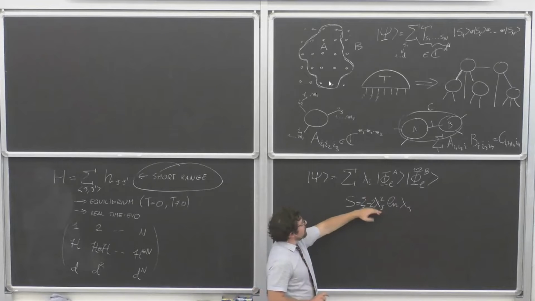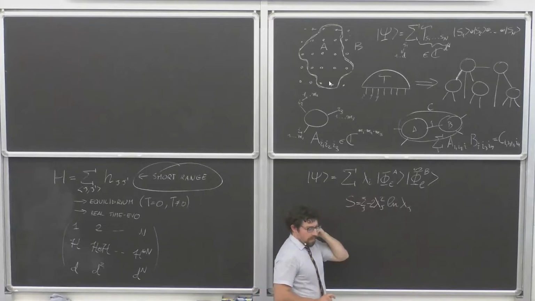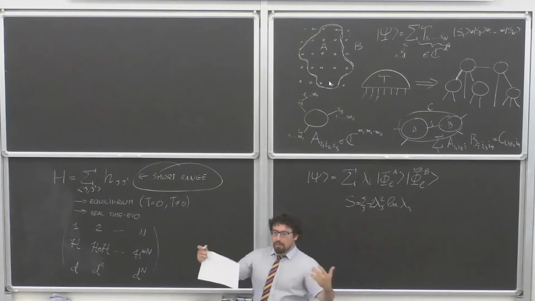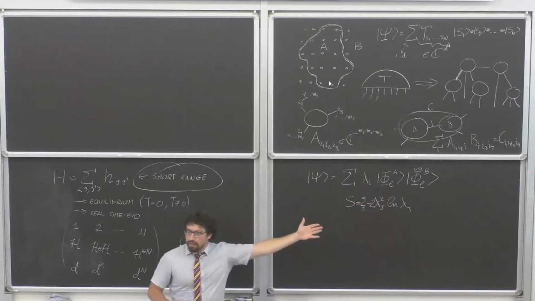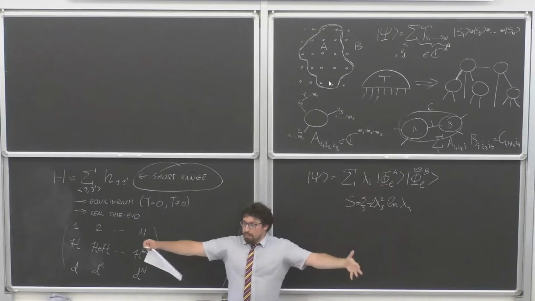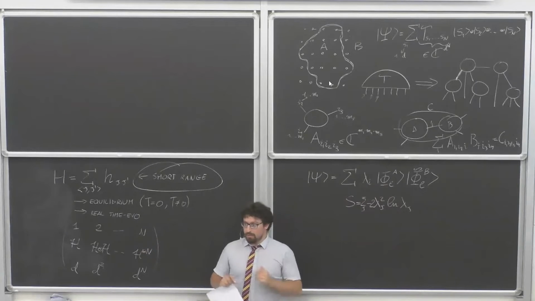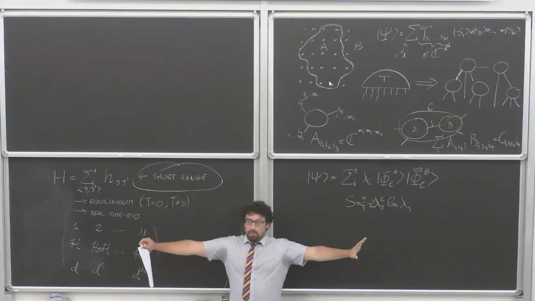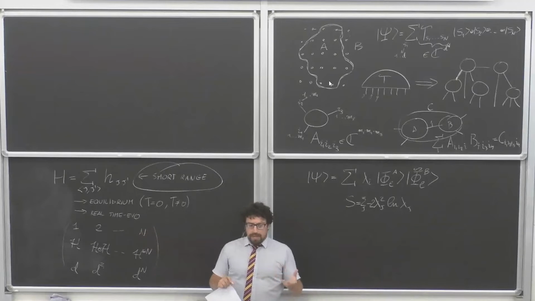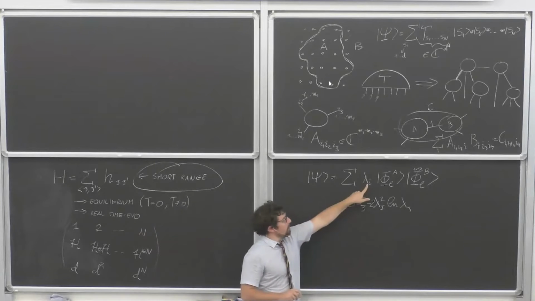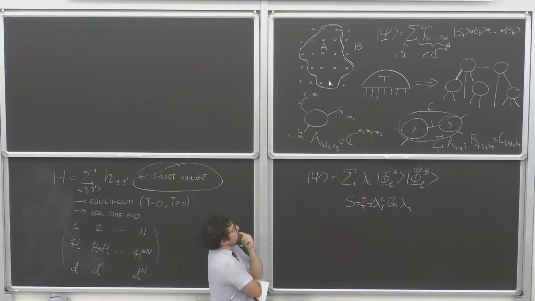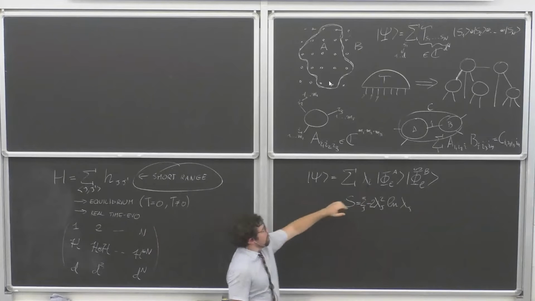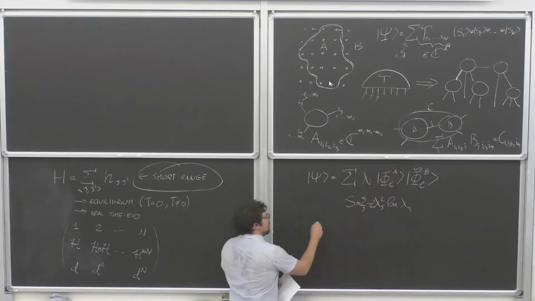But then if the entanglement is small and it doesn't saturate, what this tells you is that as the system becomes bigger and bigger, I don't need to increase the number of states that enter in this decomposition to describe a bigger state, because the entanglement is basically saturated. It's more or less always the same. And that means that when I'm very close to the thermodynamic limit, when my system is very big, I don't really have to describe more and more states in the left-right bipartition, which means that I just need the same number of lambda i's. And now you can actually see that if a tensor network,